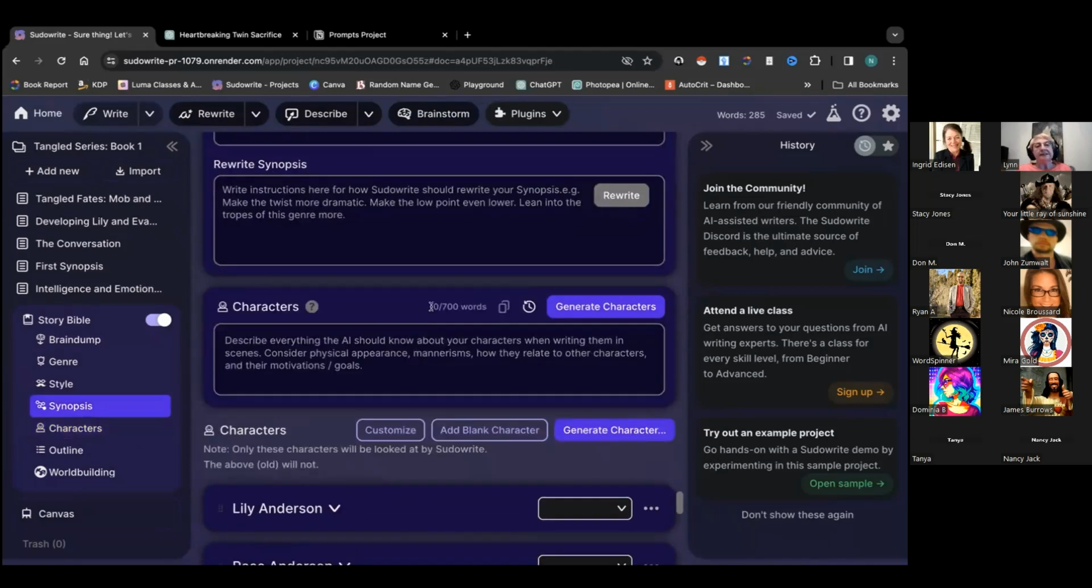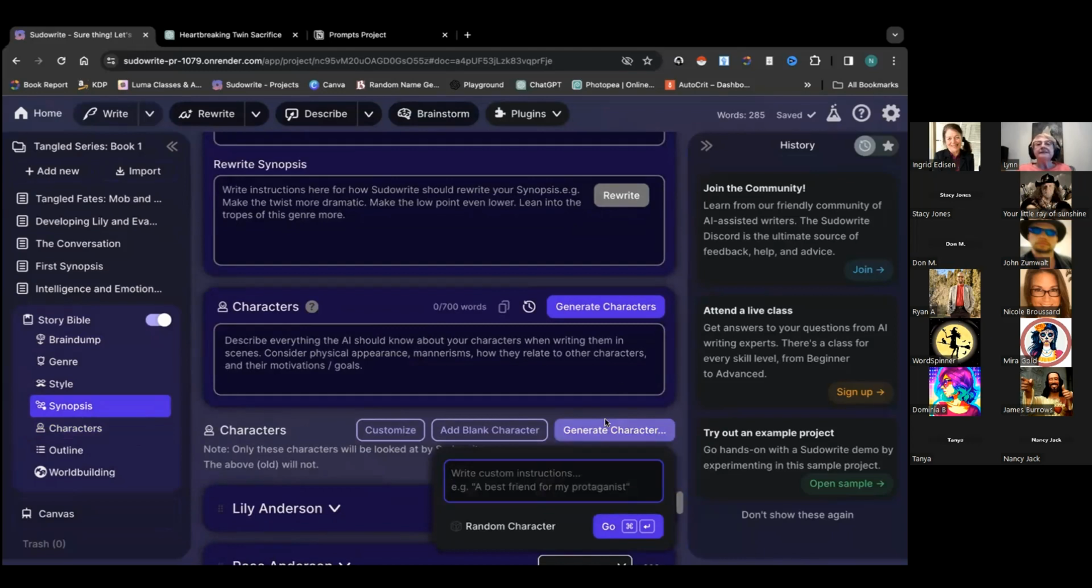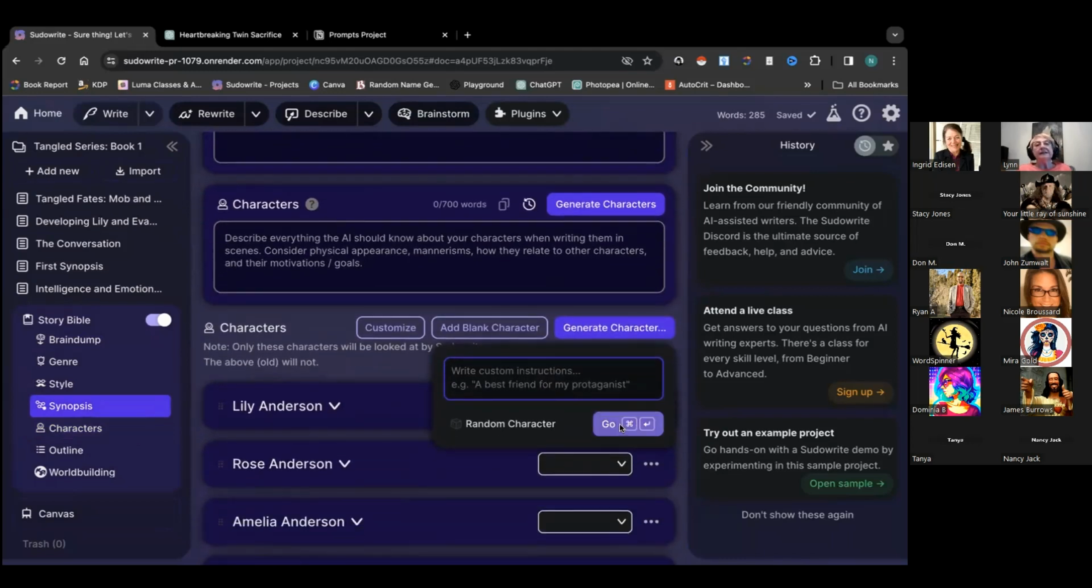And then if I click generate character, close my chat box here. Okay, so if I click generate character, I can just click go right here and it's going to generate a character. Or I can put some instructions right here. So I'm going to tell it,